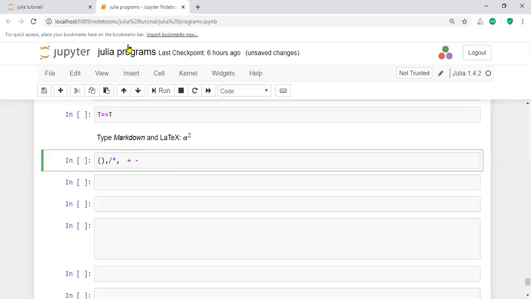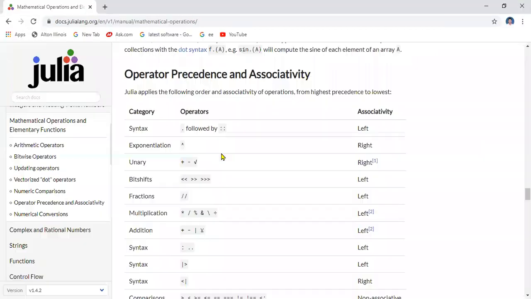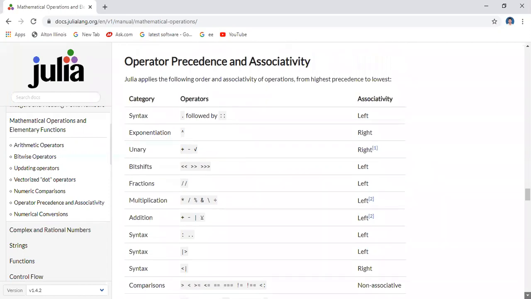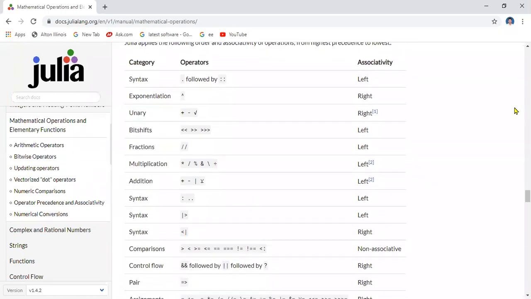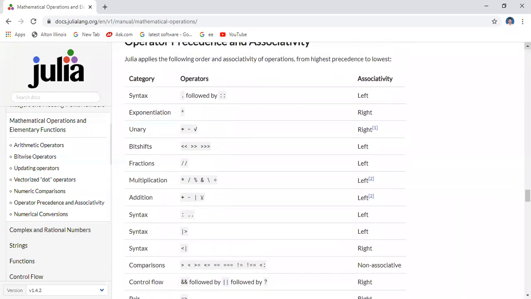What is associativity, and how can you represent it? If you come to here, you have the operator precedence values. What are the operator precedence and associativity? For example, the dot symbol has left associativity. Plus has left associativity, minus has left associativity.